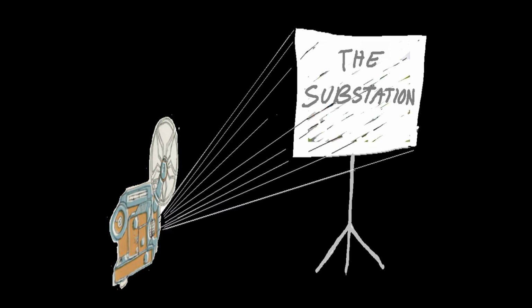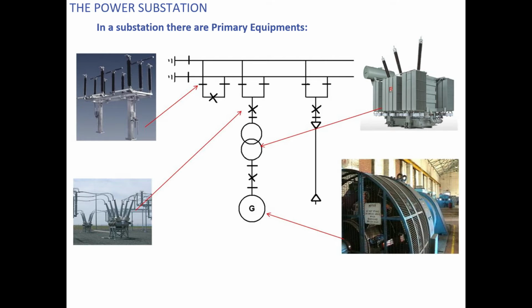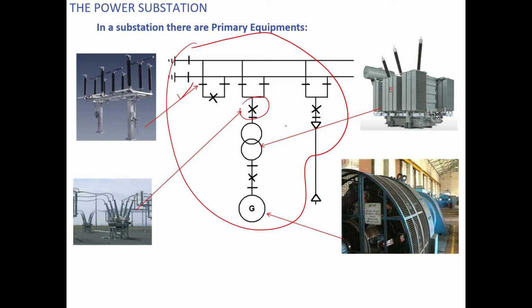So in a substation, we know that there are some primary equipments like breakers, isolators, CTs, CVTs, then some transformers, generators, also some secondary equipments like protecting equipments. So in a substation, there are some primary equipments, like I have already said in the last slide: isolators, breakers, transformers, generators, etc. And this is your SLD or the mimic diagram in which these isolators, these breakers, transformers, and generators are shown